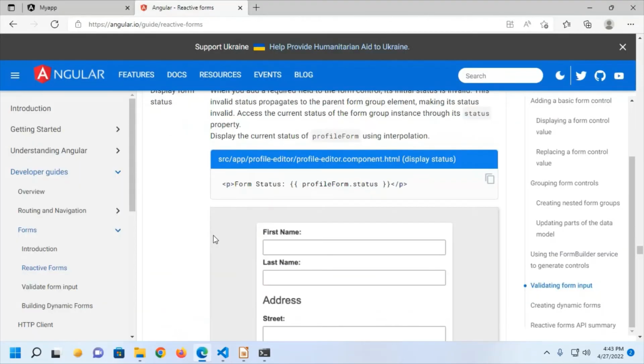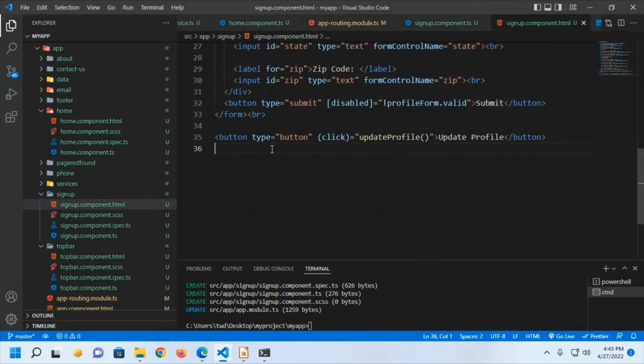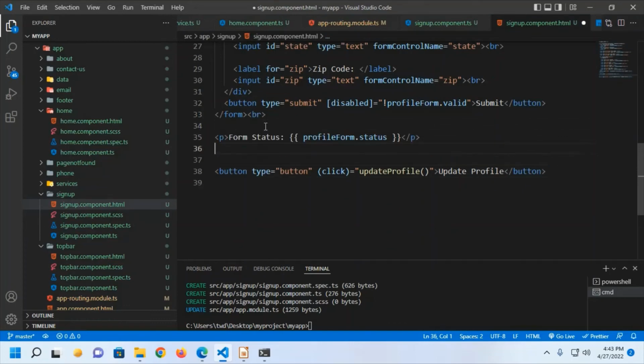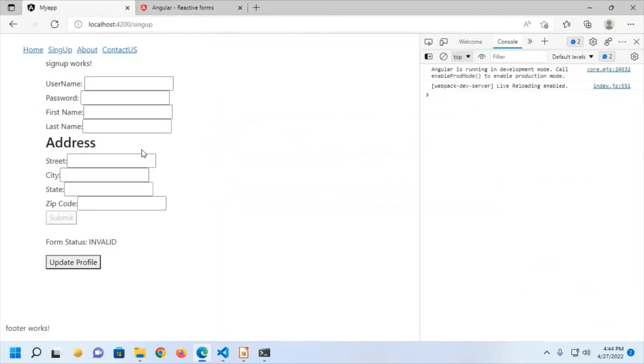Okay, now display the current status of profile form using interpolation. To see the form status, the form is valid or not. Okay, form status is form is invalid, enter value, then you will see form is valid. Okay,